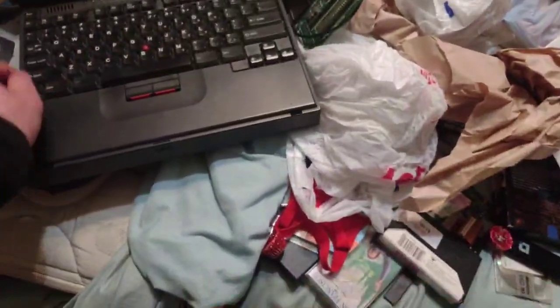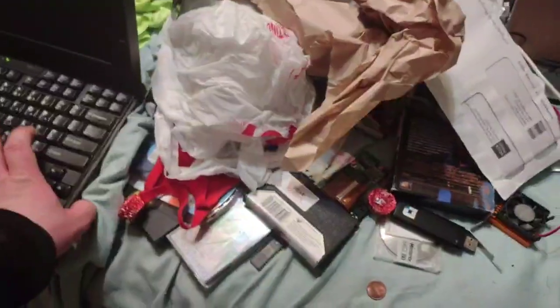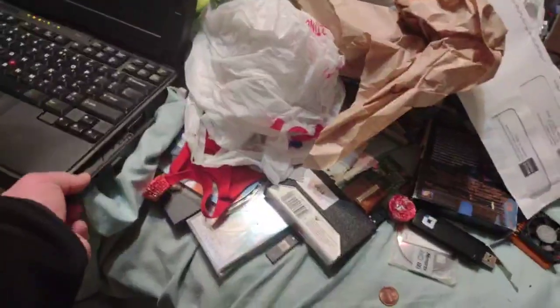Because I don't have the charger plugged in at the moment, which is pretty sad. Wonder if the thing will still turn on even with a low battery. Oh, it does turn on. Okay, so the battery does work. Okay, good. Got nothing in there, so